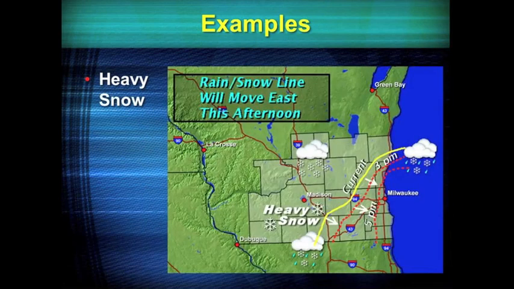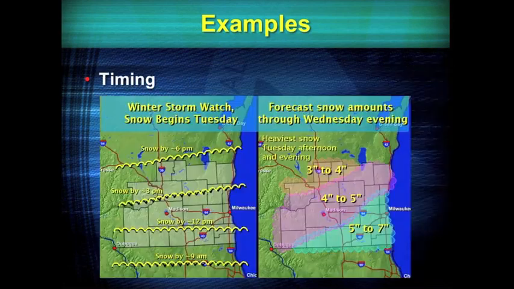This is another one. I believe it's the last one of heavy snow. Here, the heavy snow was more along Madison. We tried to depict the timing of how far it would transition and progress to the southeast. In regard to timing, this is just another example for the winter storm watch that was issued on Tuesday. So this was more of a broad brush example. We were a few days out, and so we were just trying to highlight the specific areas of greatest impact, mostly in our extreme southeast.